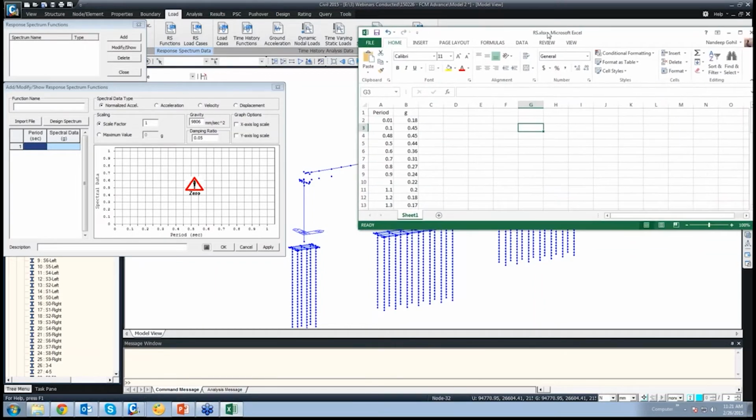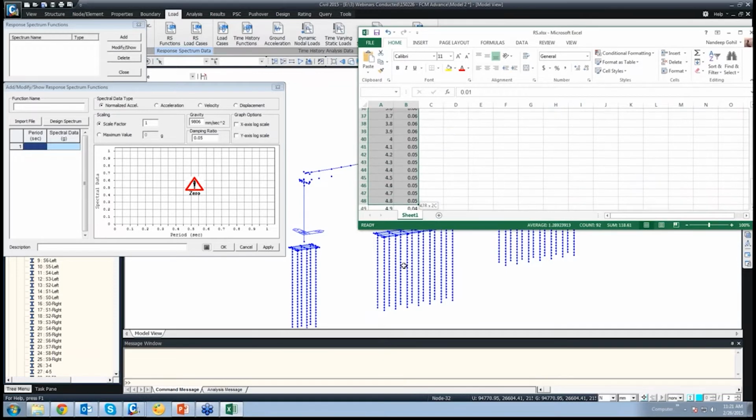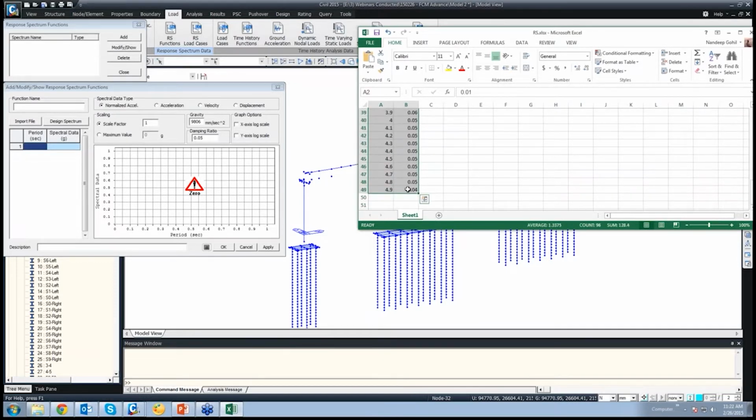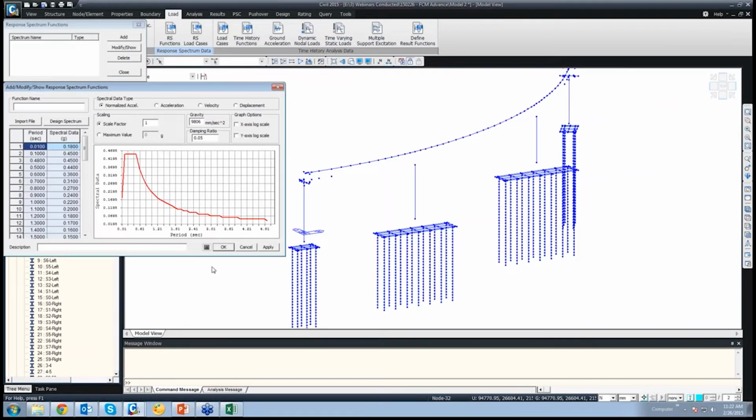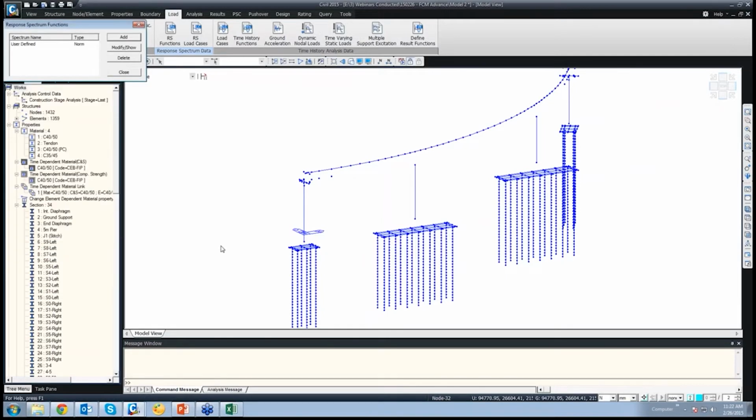So say this is the Excel sheet with the data. I'll just copy and paste it here. So this user defined response spectrum is generated. Say okay.